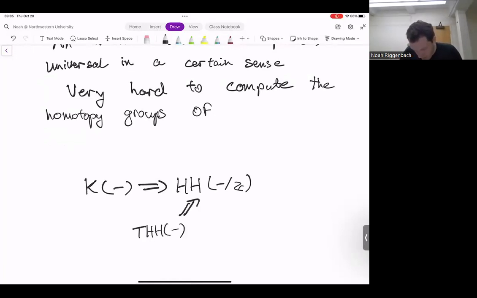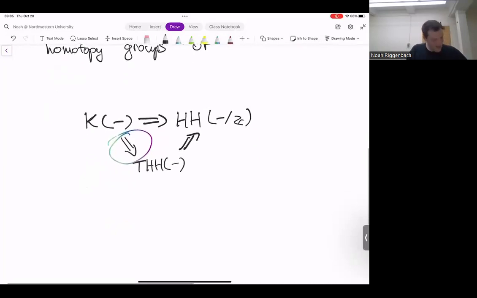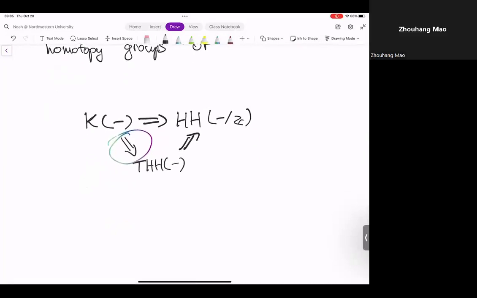So we have a map this way, and a map this way. And it turns out that this map is a very good comparison, depending on how much structure you consider THH as having. So, what is THH? I'm throwing quite a lot of definitions at you, but